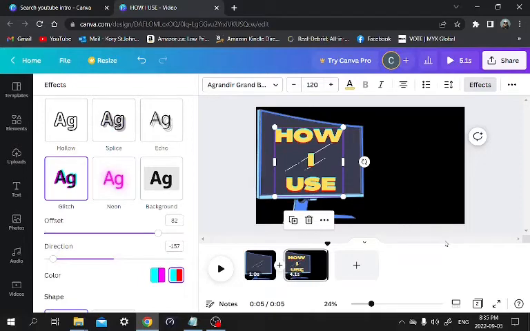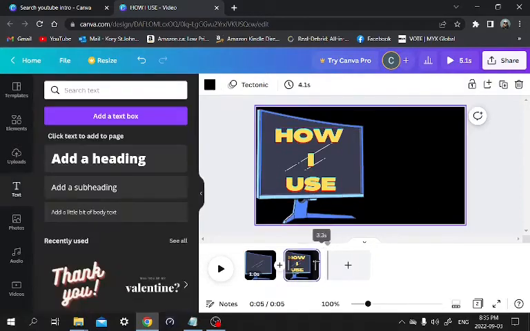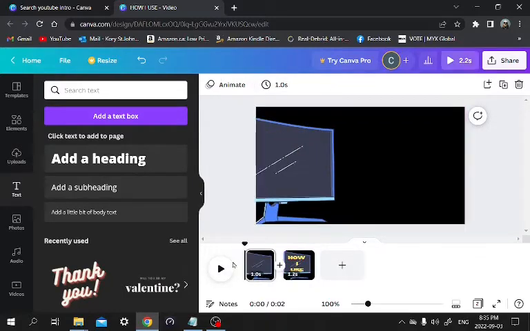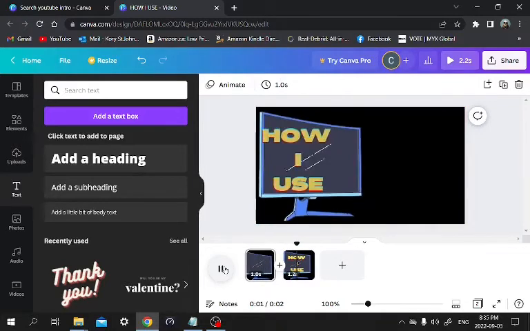That looks kind of good to me. And then I want to shrink that down to about 1.2 seconds, because that's about how long it's going to take to read that. See, when it comes in,